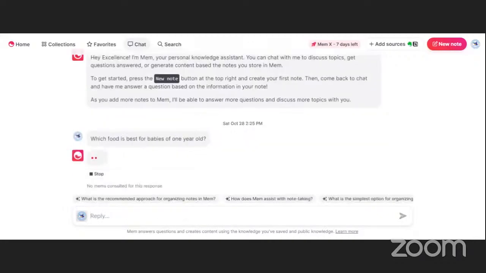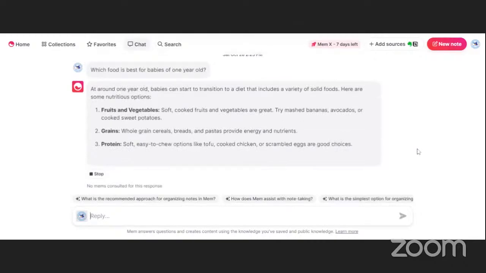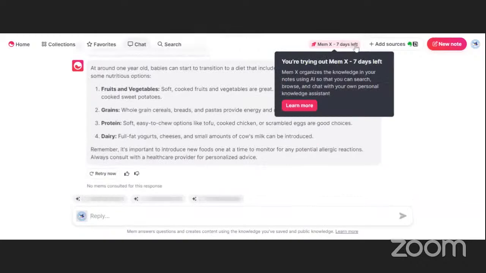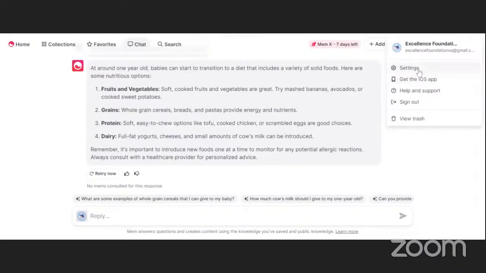You ask it and then you wait for its response. So this is basically how it works. But then I realized that it is not free. It's a paid tool. They have taken away their free offer. It also has an app, but only for iPhone users.